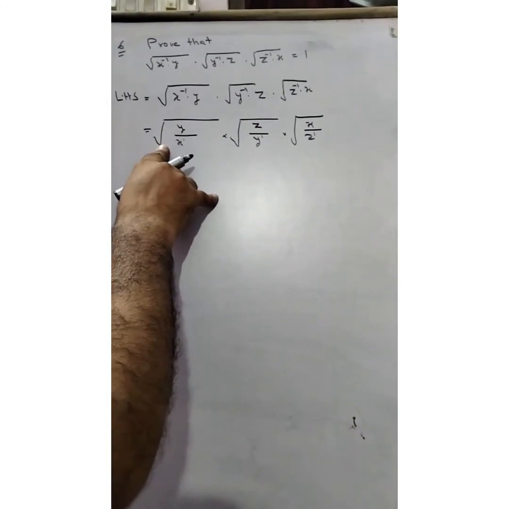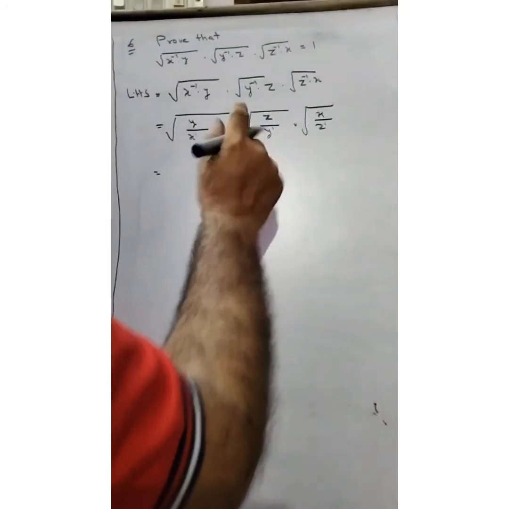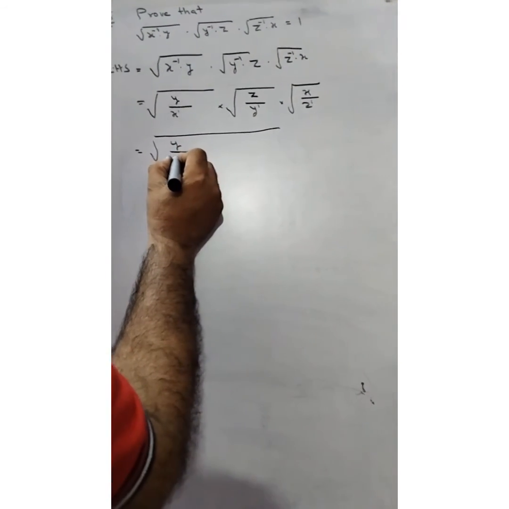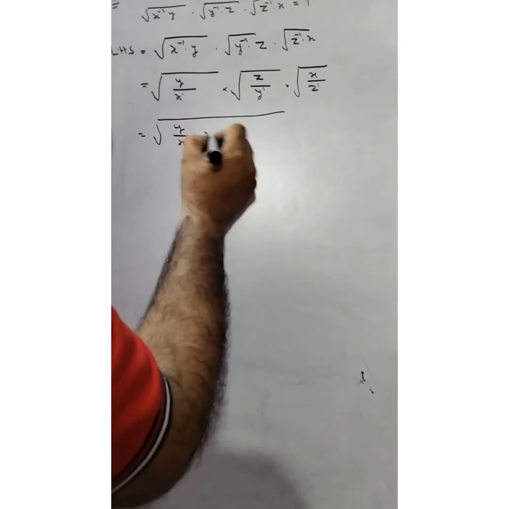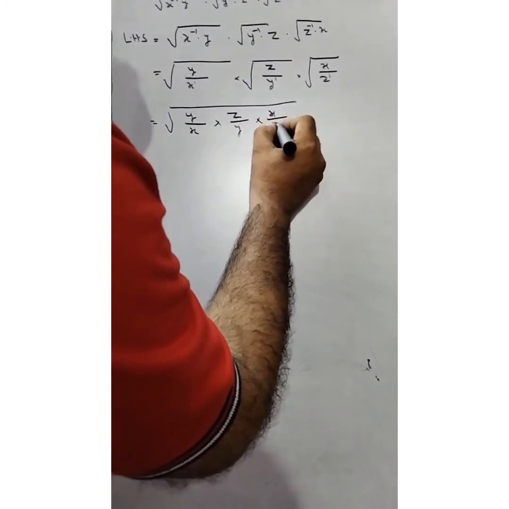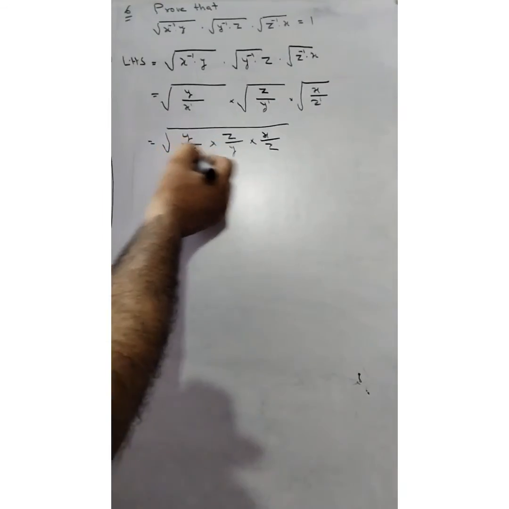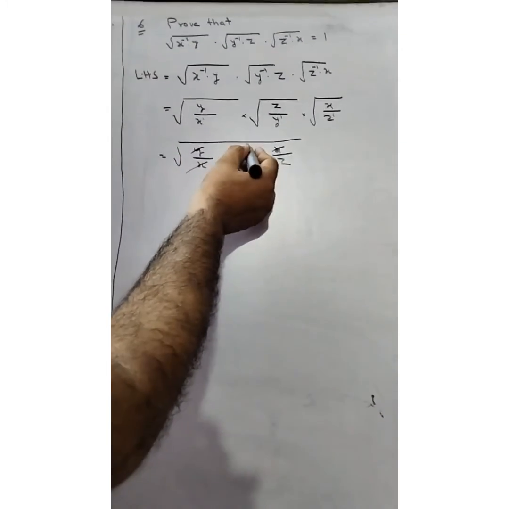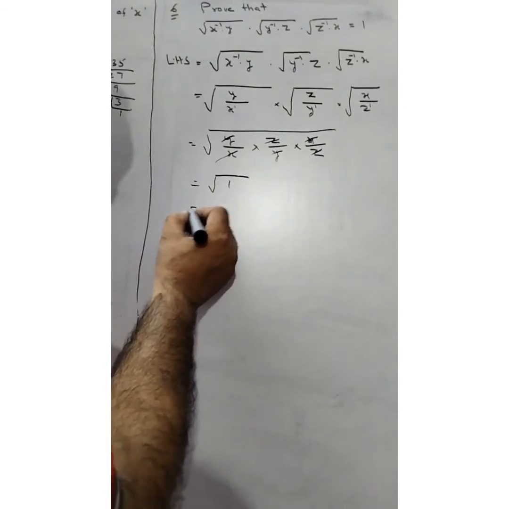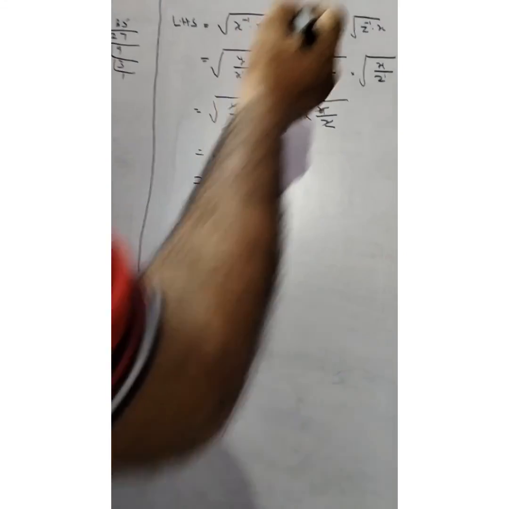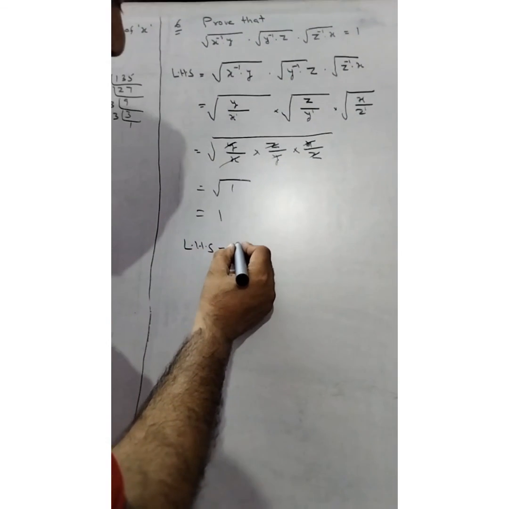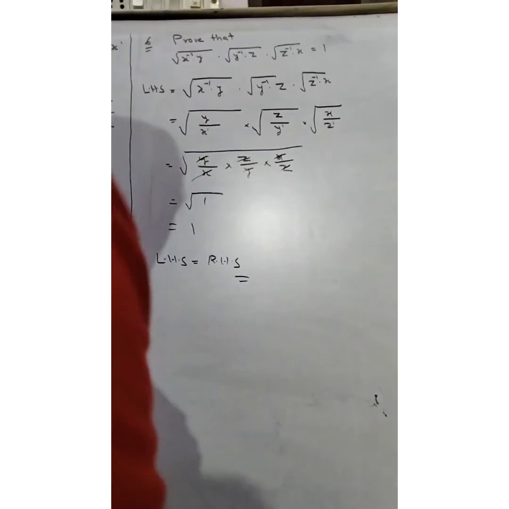Now roots will be the same. Now we can write y upon x into z upon y into x upon z. Now simplify the x to x, y to y and z to z. So the answer is 1. So LHS is 1. So LHS is equal to RHS. Okay students,